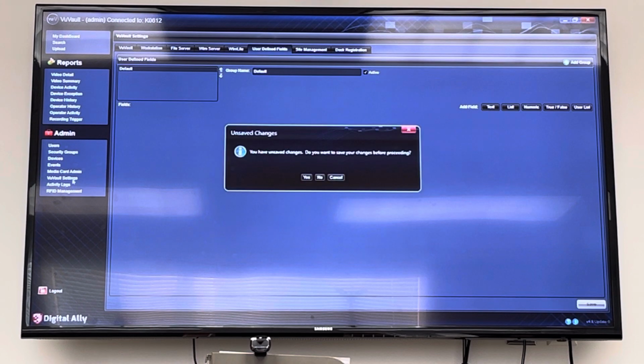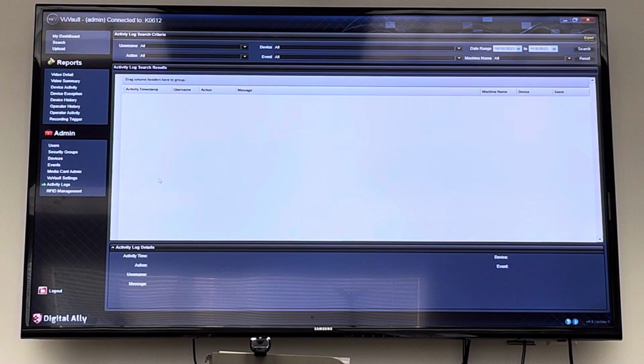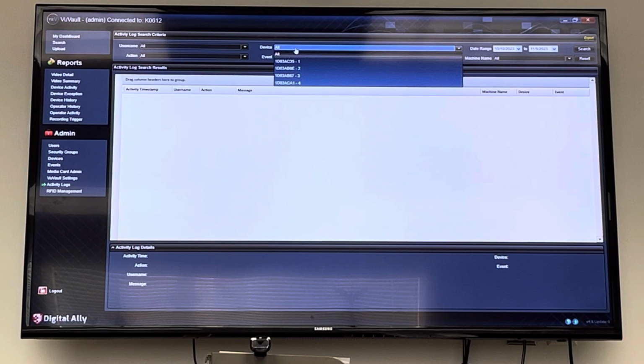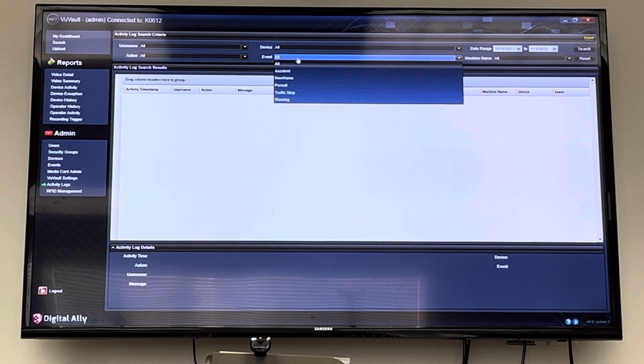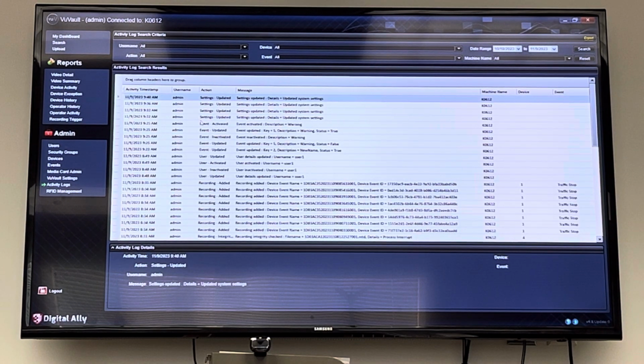Beyond that, you've got activity logs. With the activity logs here, you can filter by a specific username if you're after that, a specific action, a specific device, specific event, or a specific machine. More or less, this allows you to set a specific time range, depending on which fields you've chosen. And if you hit search, it's going to show you basically every single thing